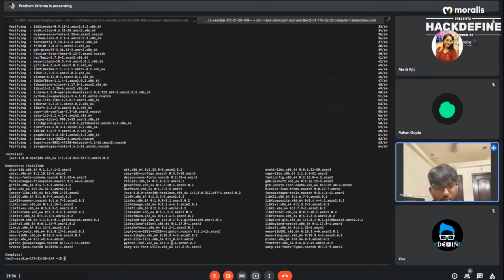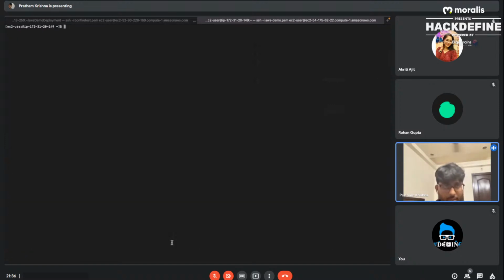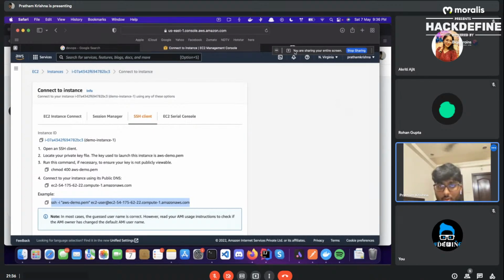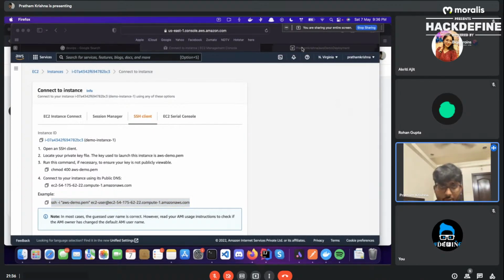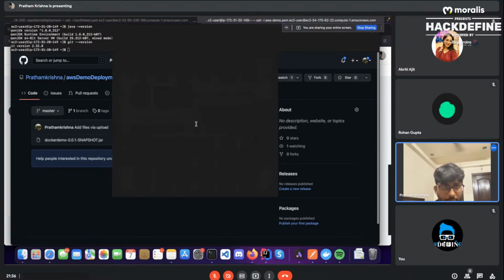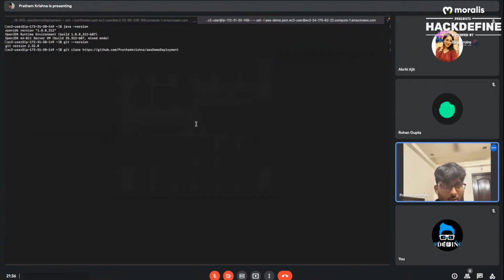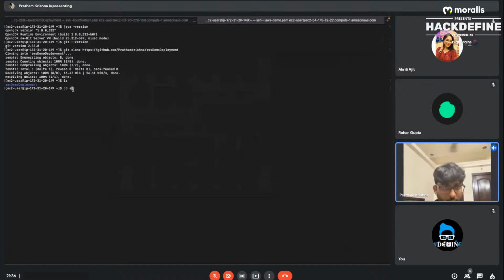Cool. So just to check the versions, it's Java 8 and Git is 2.32. All right. So we're going to clone this repository over here. And once it is cloned, we can move into the directory and we have our jar file.